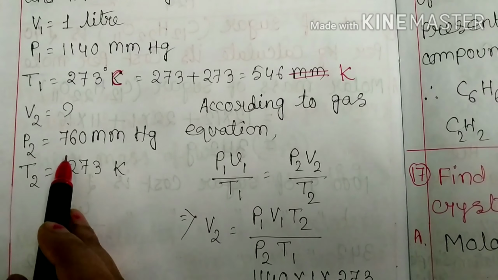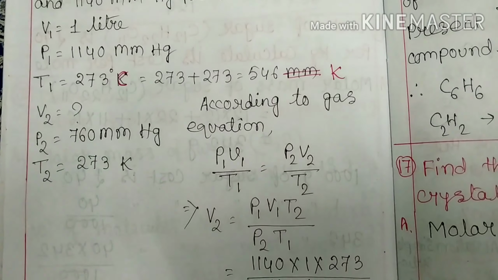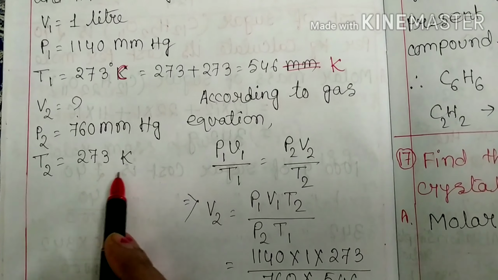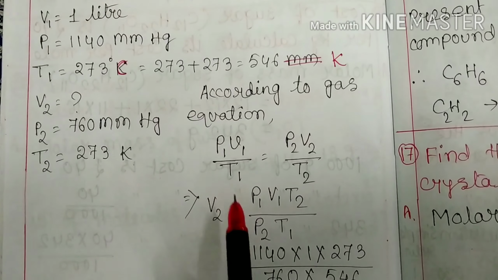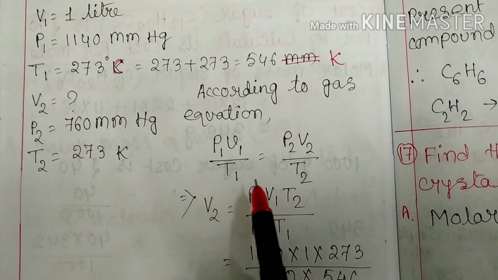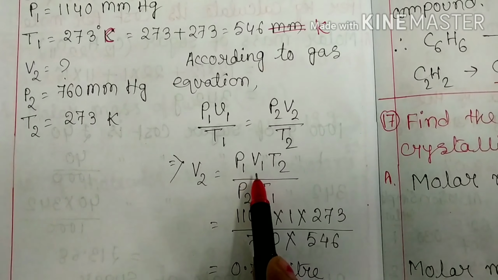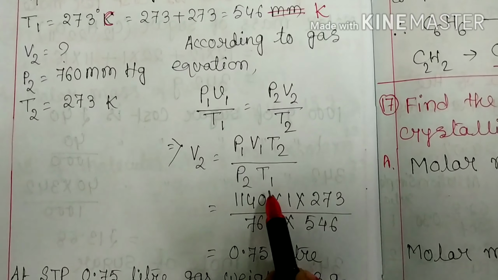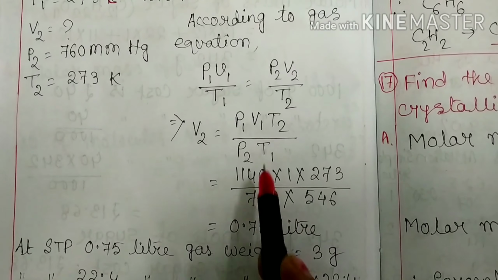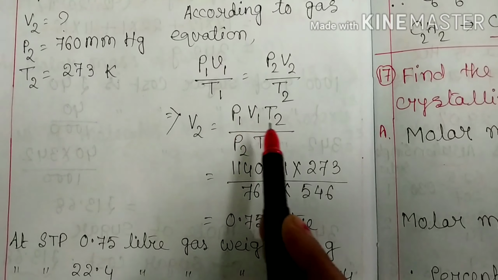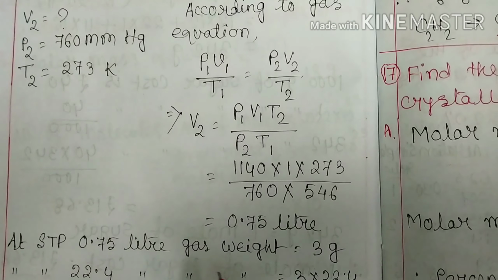Now P2 equals to 760 mm Hg and T2 equals to 273 K. So according to gas equation, P1 V1 by T1 equals to P2 V2 by T2. So V2 equals to P1 V1 T2 by P2 T1. Now putting the value of this P1 V1 T2, we get V2 equals to